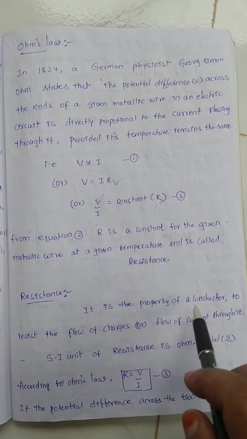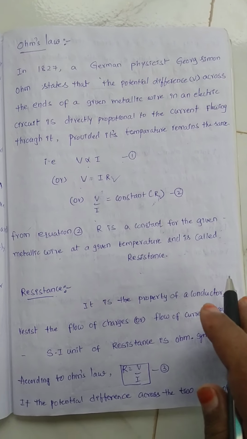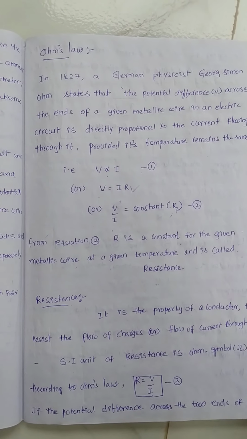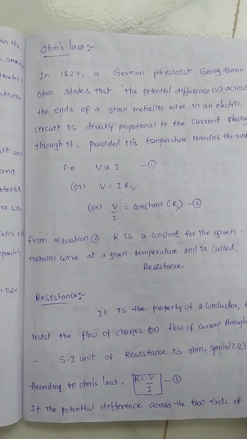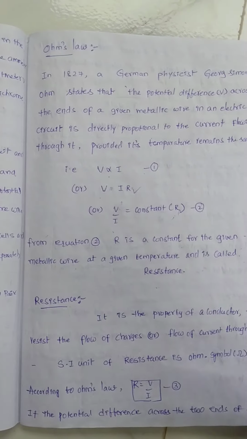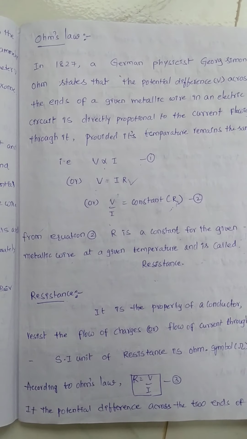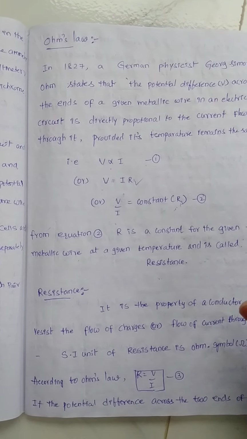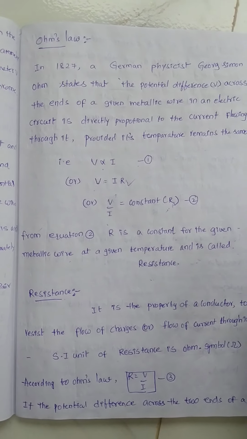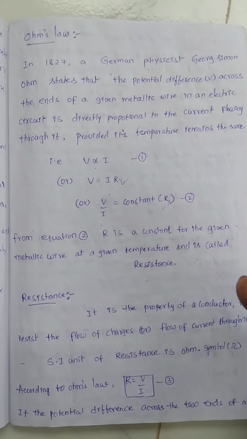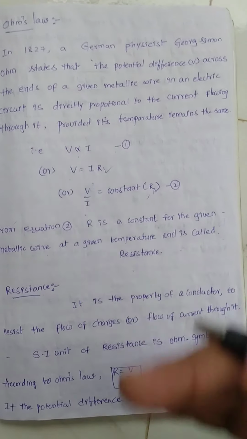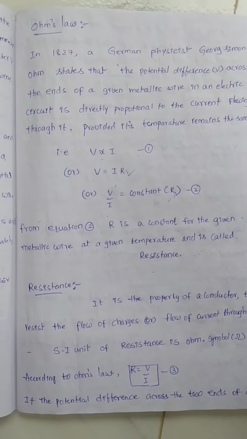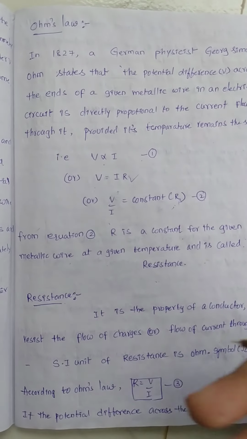Actually, it is a property of a conductor. Already told, conductor is nothing but what? All metals are conductors. A conductor conducts electricity. Conductors have free electrons, so the free electrons easily move from one atom to another atom, and then it easily conducts electricity. Whenever I am saying conductor, it is a metal, right? In a conductor, free electrons are there. Understand or not? It is the electricity chapter, so everywhere we are using conductor. Why am I not using insulator? It does not conduct electricity, because an insulator does not have free electrons.